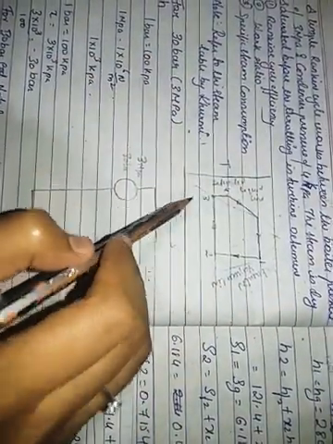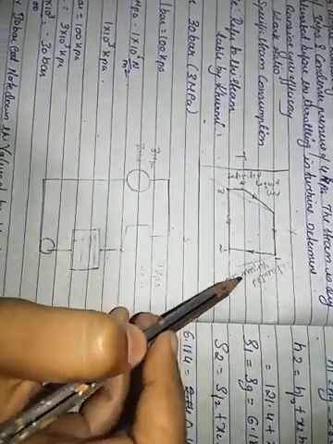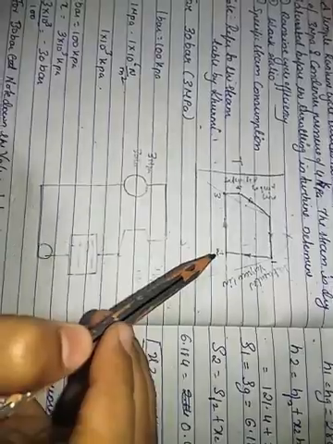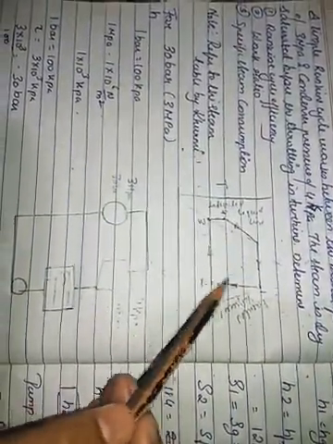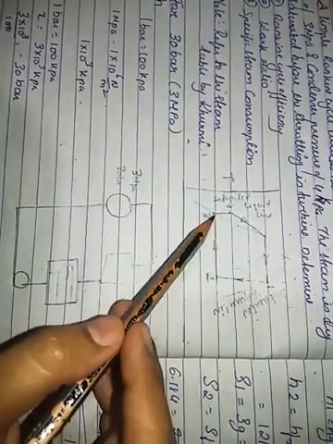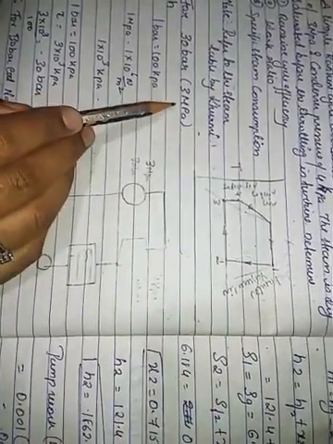Now see, what is the TS diagram? The TS diagram looks like this. This is the saturated liquid line and the saturated vapor line. You can see the TS diagram, with processes 1 to 2, 2 to 3, 3 to 4 and 4 to 1. Now see here, in the question it is given as 3 megapascals. You should know how to convert this 3 megapascals.